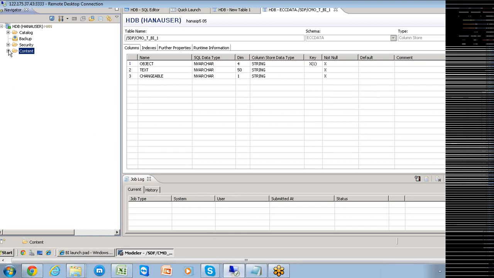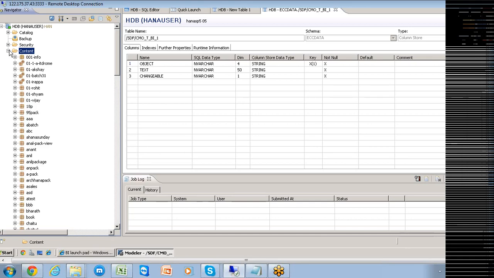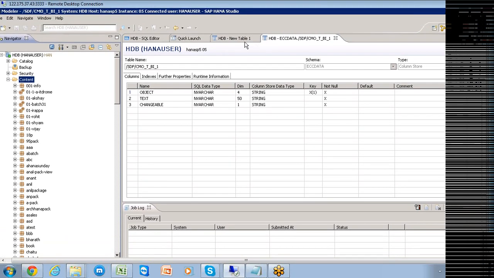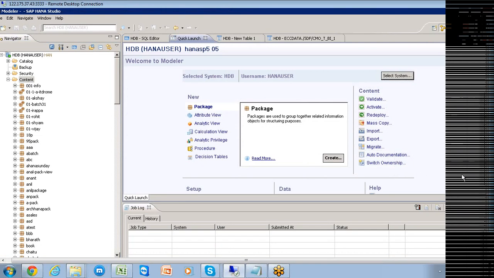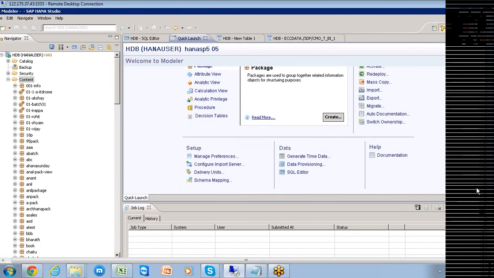First thing is, when you come to this catalog, you can have the option of creating different types of packages. Packages are at the highest level of the hierarchy. Before creating that package, we need to start by creating a type of unit, which is the delivery unit. Here are all the delivery units.